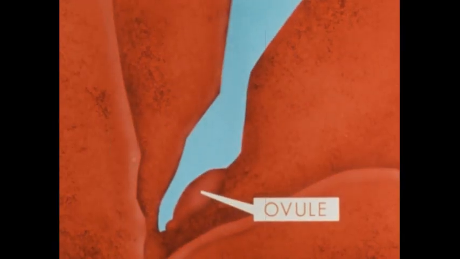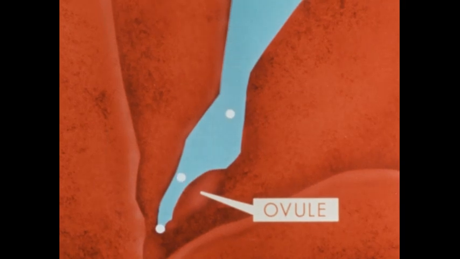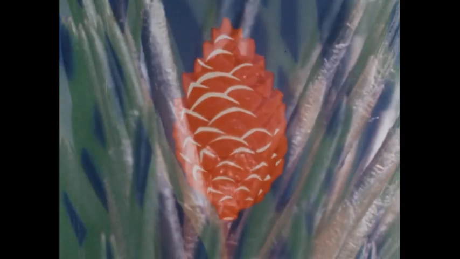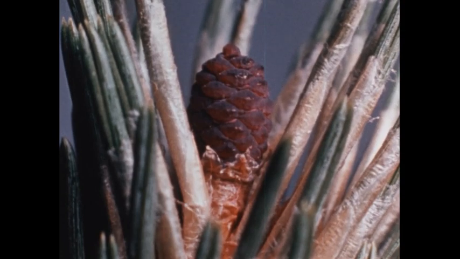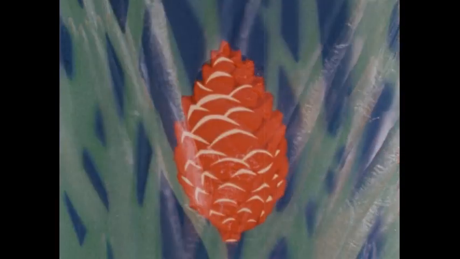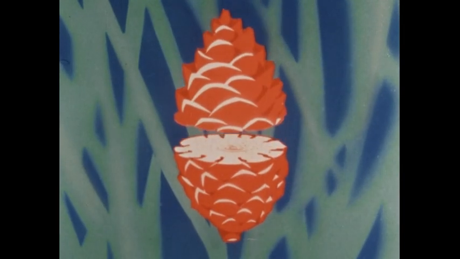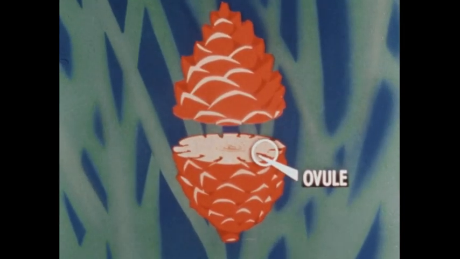The ovules lie close to the axis of the cone. Wind-blown pollen falls or tumbles to the base of each scale. Now pollinated, the scales are drawn together and the cone remains closed until the seeds are mature. Now let's section our cone crosswise so that we can look down on the upper area of one scale.